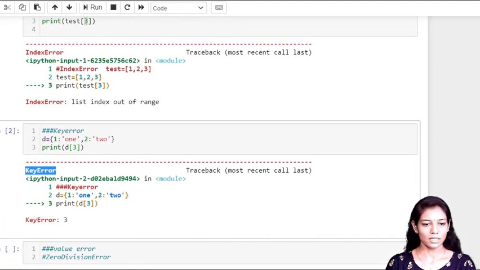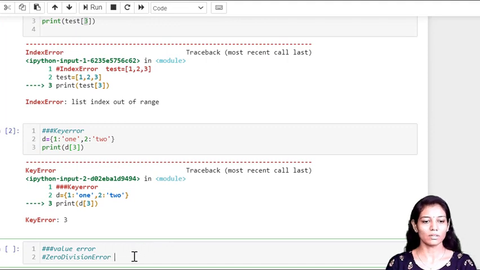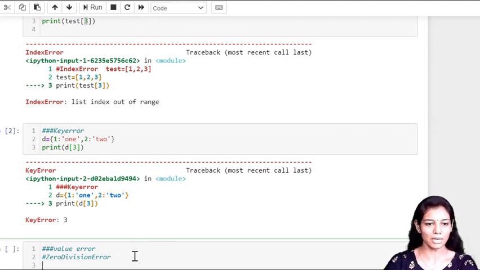Now next is value or division error. We are going to take the same example here, where I ask the user to input A, and I convert it to an integer because ultimately I want to produce the division of A divided by B. So here input, enter number. Secondly, the same line I'm going to copy.